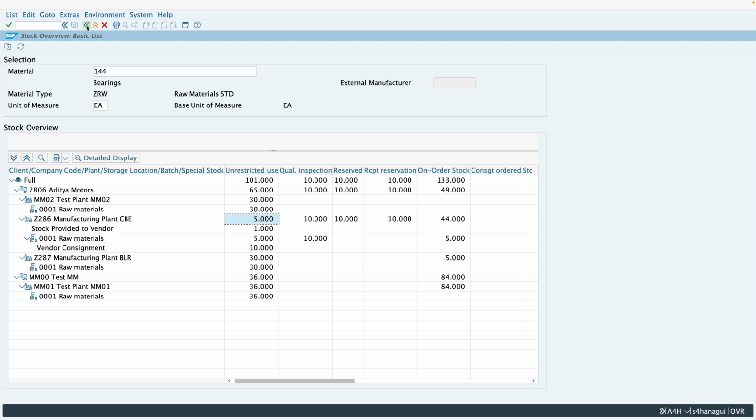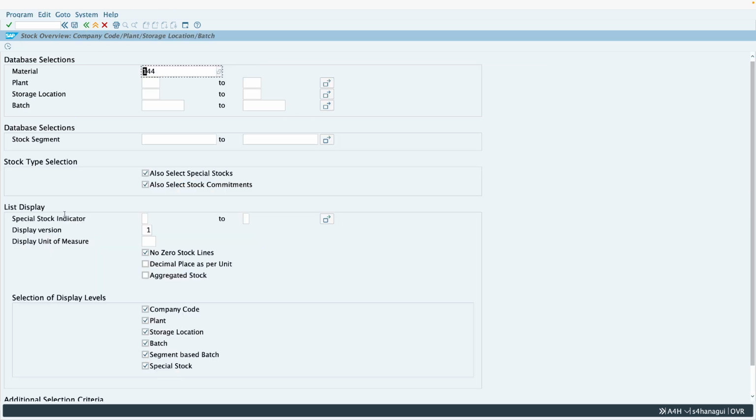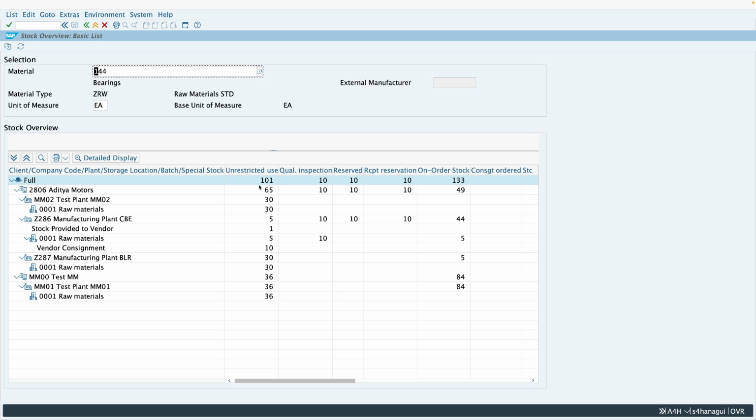One more thing let me cover. Right now you can see all the quantities are shown with 3 decimal places. Although the unit of measurement is each, by default the system shows every stock with 3 decimal places. If I want to see the quantity in the decimal places in which this particular unit of measurement is configured, then I'll have to go back and select this particular checkbox, decimal place as per unit, and then I'll have to execute. Now you can see the system is showing me without any decimal places, because this is the configuration of this particular